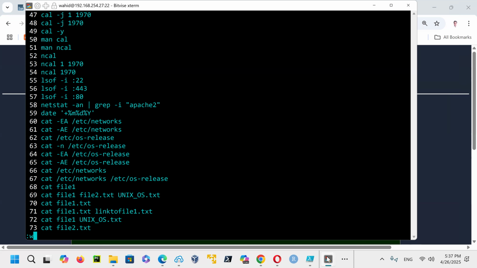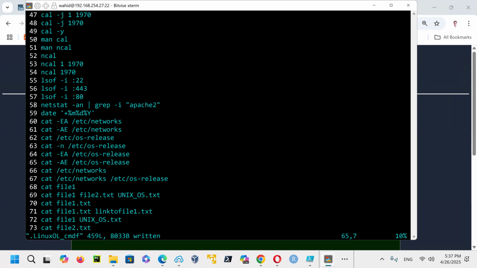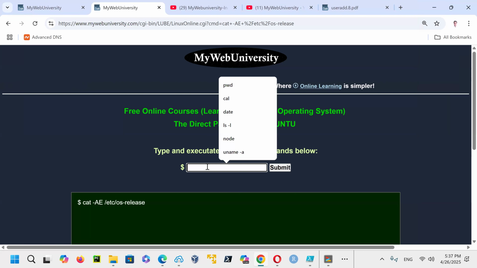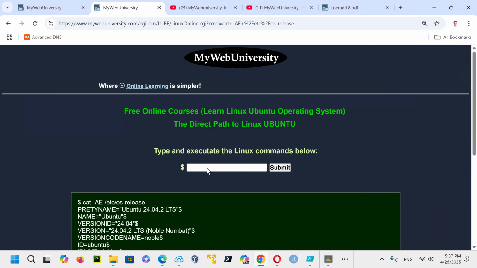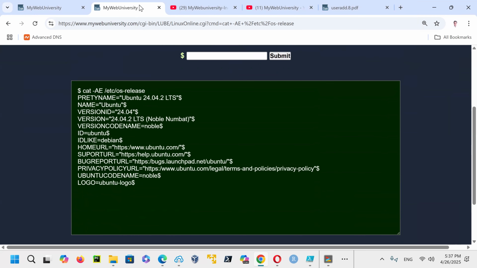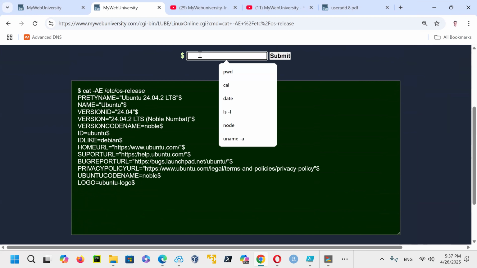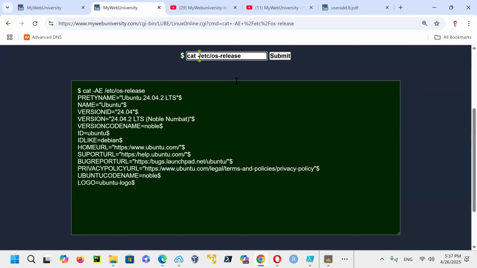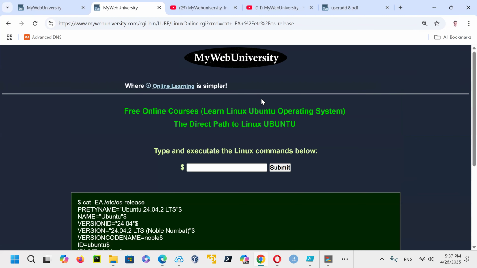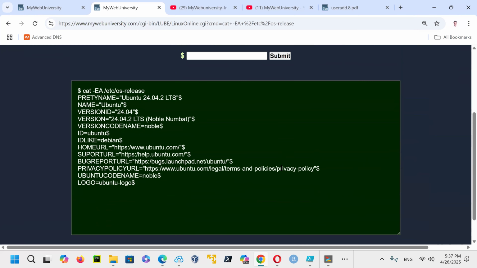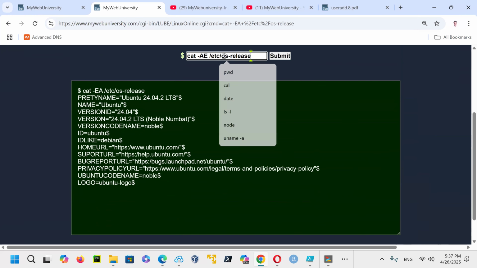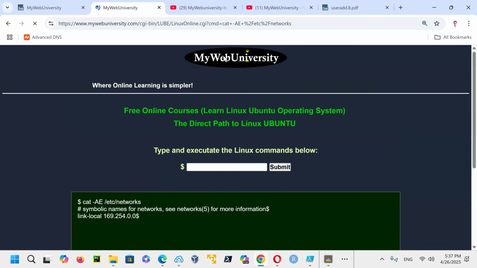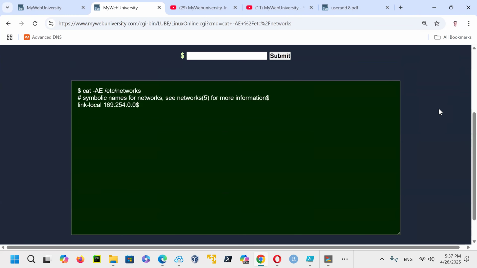So let's say first we try this command. Now this is my script and the allowed list. Then I'm going to run it, and it gives you the output on the fly. And at the same time, the other one for the networks was working. So if I change the order of this flag with EA, it still works, and that is the syntax there. And if I just do the same thing for the etc network file, since I allowed that one for etc networks, it should work, and it just showed the network file there.